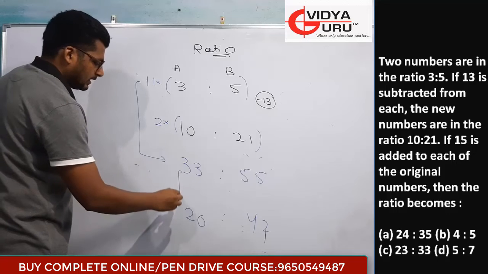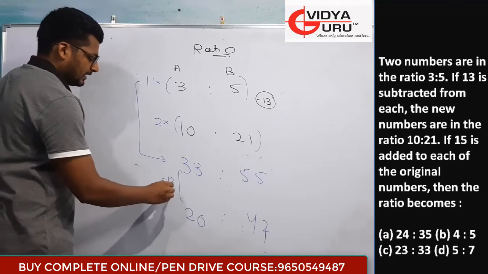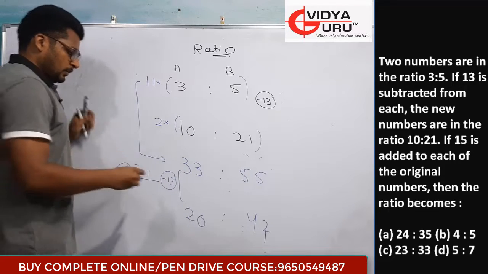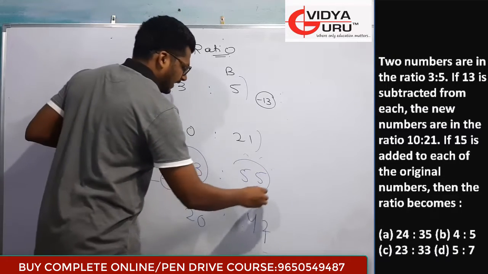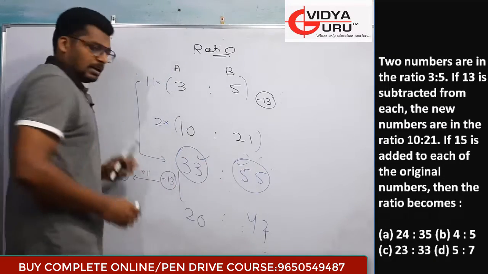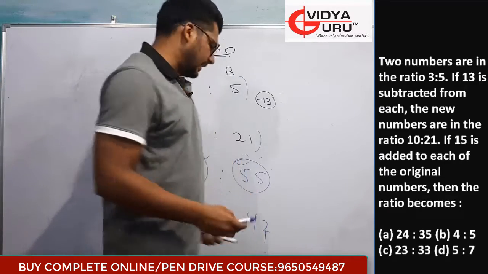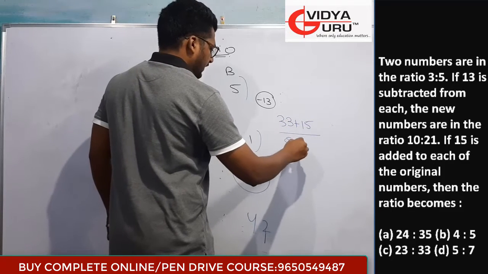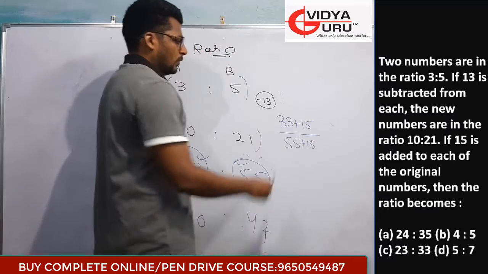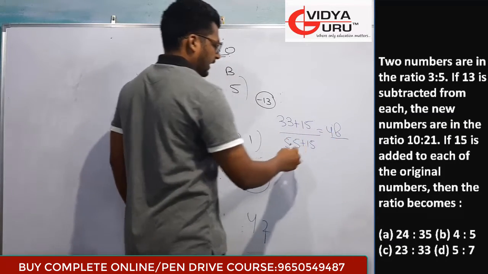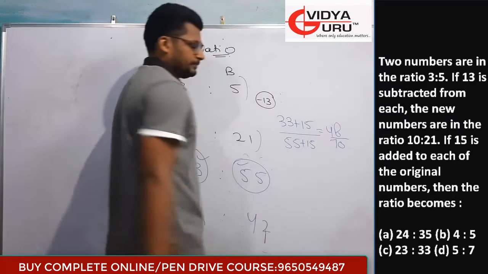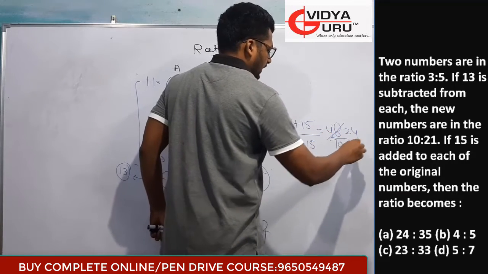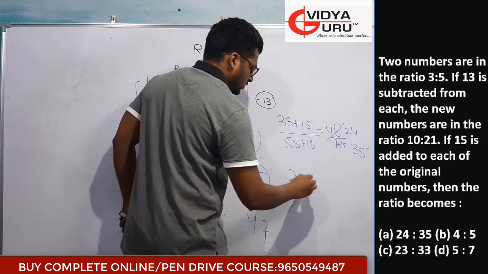I can clearly see what is subtracted from this, 13, and according to the question 13 is subtracted. The value of 13 is 13. So what are the exact numbers? 33 and 55. These are the 2 numbers. Now the question is saying if 15 is added to each, then what will be the ratio? 33 plus 15 and 55 plus 15. What will it be? 48 and 70. We can cancel it out by 2. 24 by 35, then the ratio will be